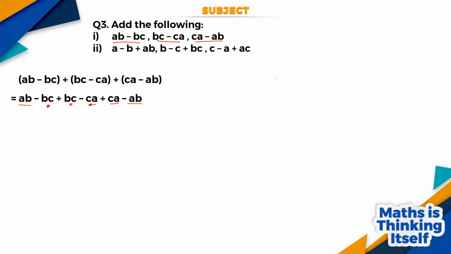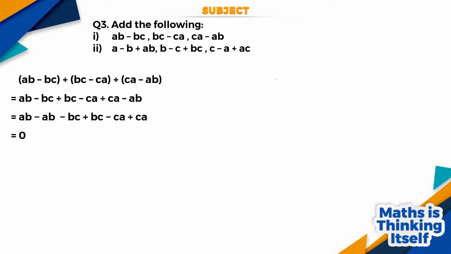So here mistake is happen when we are combining. So when we take the AB here, the AB is preceded by negative sign, so you have to take AB with this negative sign. If you don't take this negative sign, the mistake will be happen and answer will be wrong. So now AB minus BC plus BC minus CA plus CA. Now so AB minus AB gives 0, minus BC plus BC 0, and minus CA plus CA also 0. So sum of this algebraic expression is 0.